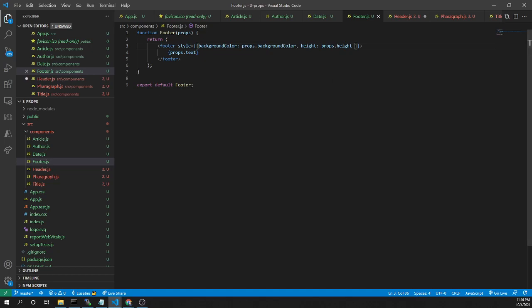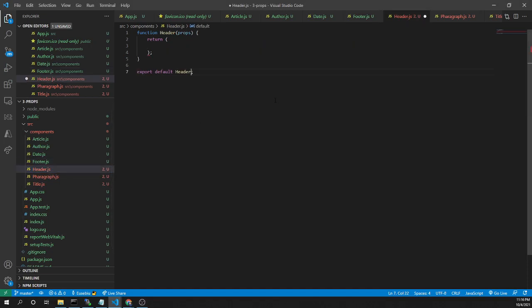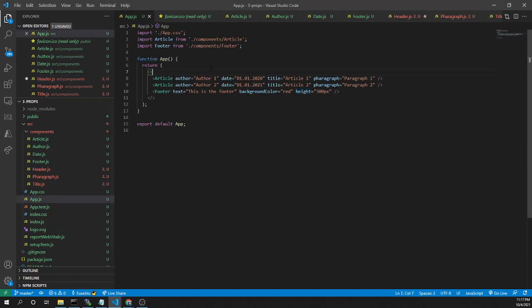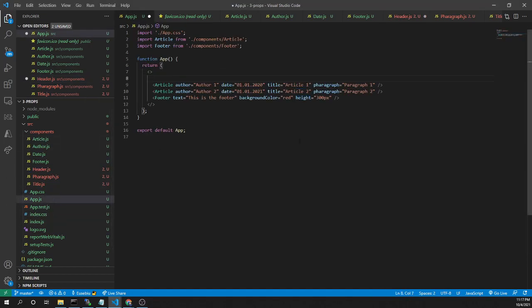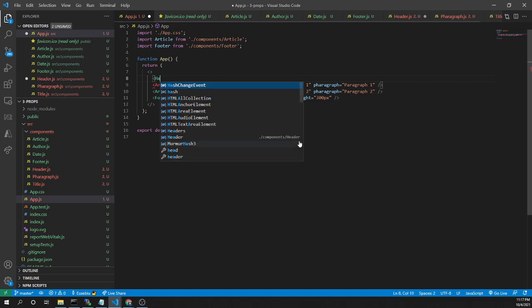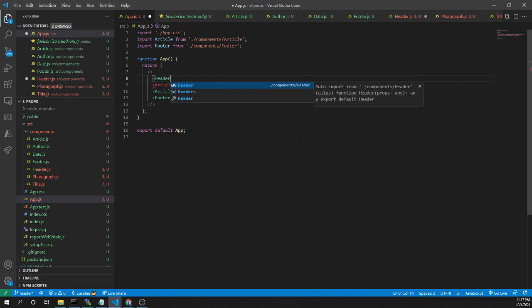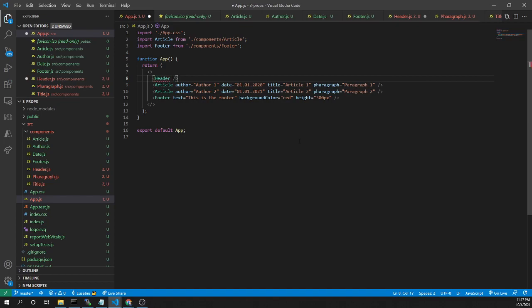Okay, let's go to the header now. But first let's add the header property in our app.js file. So in app.js file, I have header, and first let's import the header component.